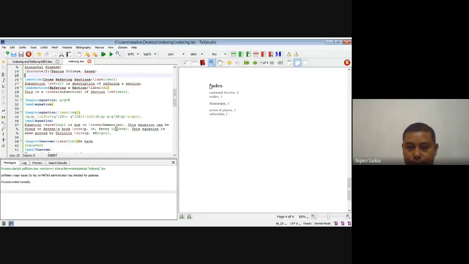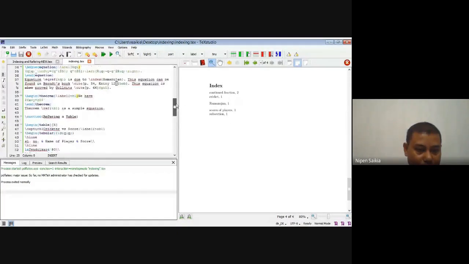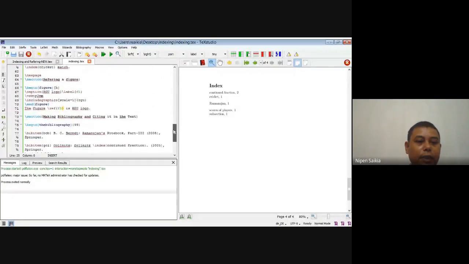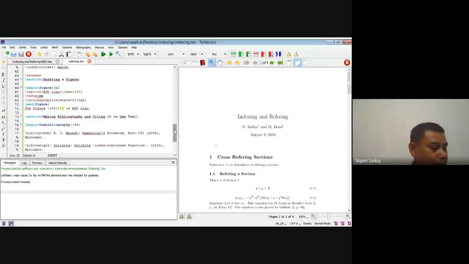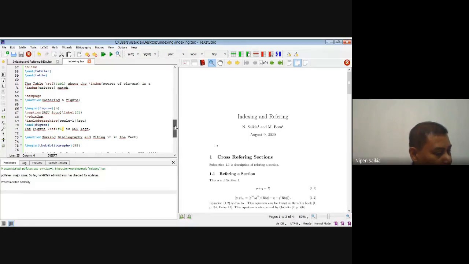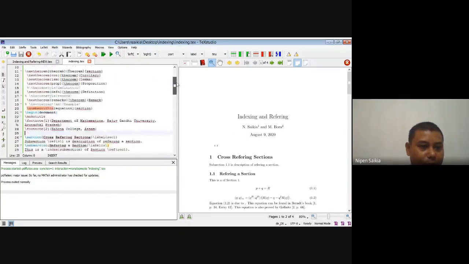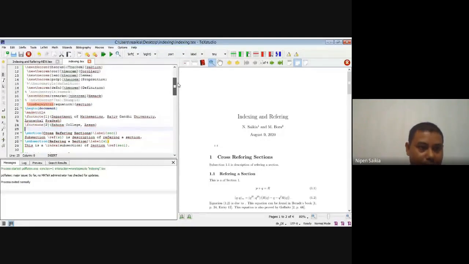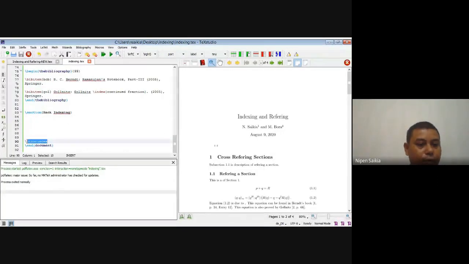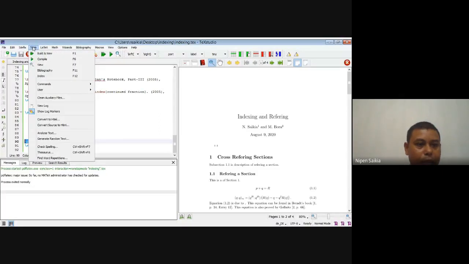This index has come now. See, continued fraction, page 2, cricket 1, Ramanujan 1, scores players 1. So like this, it has come. So we can create an index for reports and articles or books in this method. The only thing is that we need the package makeidx. Then in the preamble we have to write makeindex. Then before the end document we have to write print index, this one. And if we go to tools and we'll press